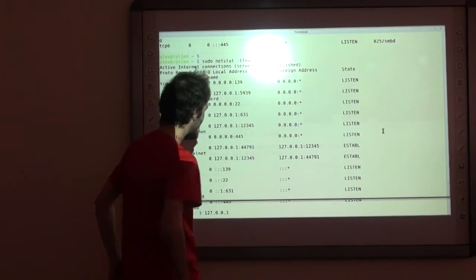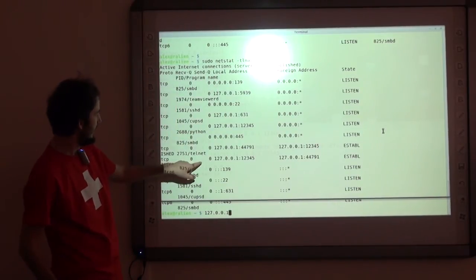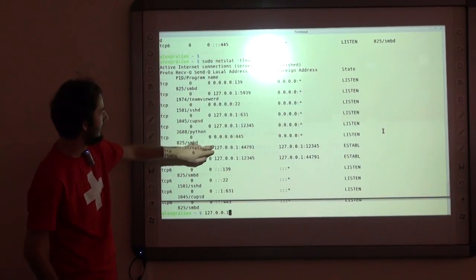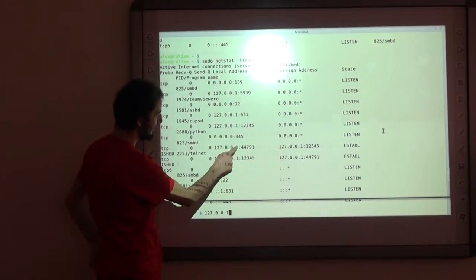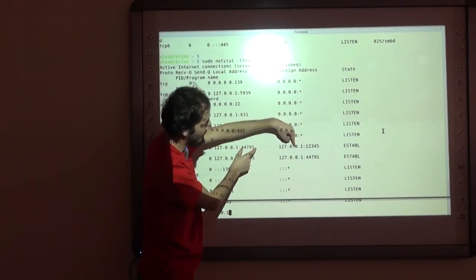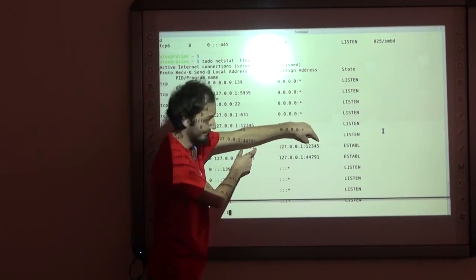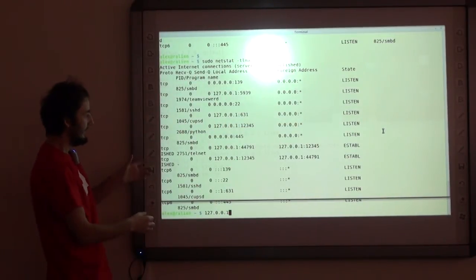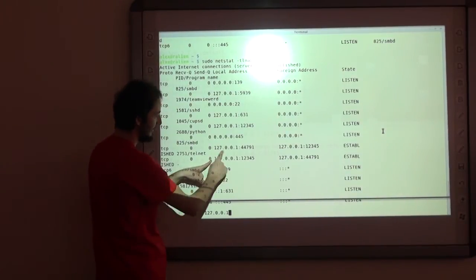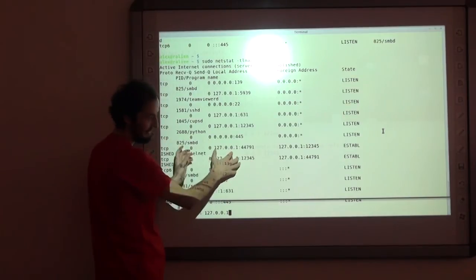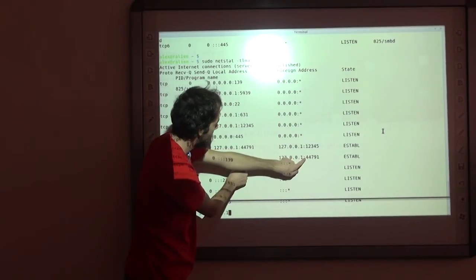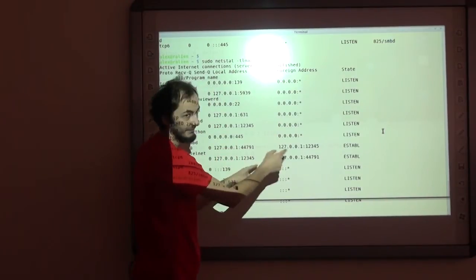So now you've observed something new here. You have another connection on this line. The local address is 127.0.0.1 with this port number. The remote address is 127.0.0.1 with 12345. On the other hand, we have a new line where the local end of the socket is 127.0.0.1, 12345, and here it's the same thing, but reversed.